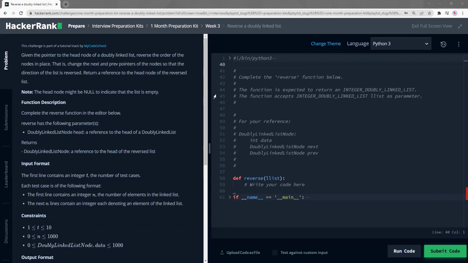And today we are doing another question in the Hackerrank series, which is to reverse a doubly linked list. So we have done linked list before, and a doubly linked list follows a very similar pattern with just a bit more steps involved. So if you haven't seen the linked list video, it should be the one right before this. I will see if I can add the link to the description. Anyways,